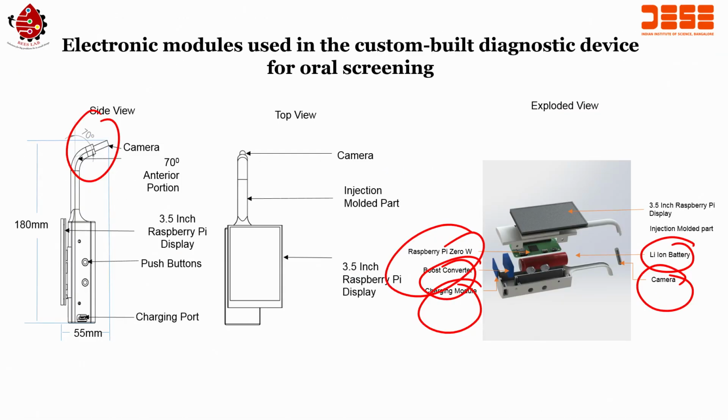Whatever you have worked on is simple things like developing the system with a CAD model and fabricating it using 3D printing or injection molding. We are using a Raspberry Pi, which you are already using. We are using a boost converter, which you have learned. We are using a charging module, which is available. We are using a lithium ion battery, which is available, right. So it is not a great deal to develop a system when you know the real problem, right. That is the thing. It is very important to know what the problem is and how you can develop a system for solving that particular problem.